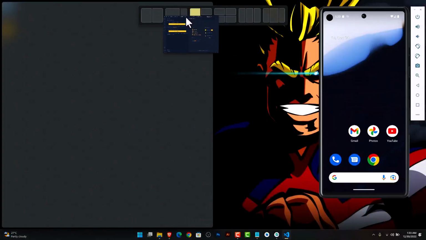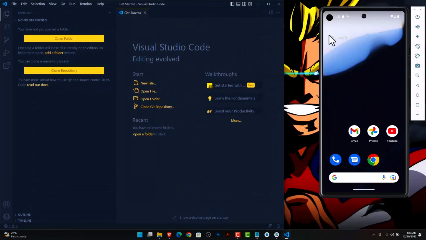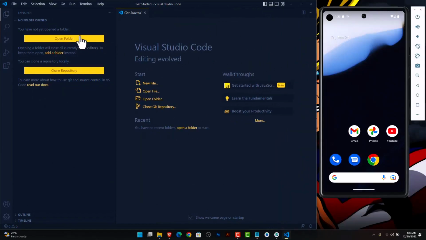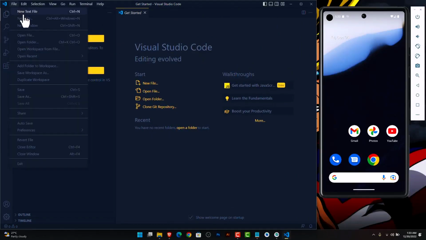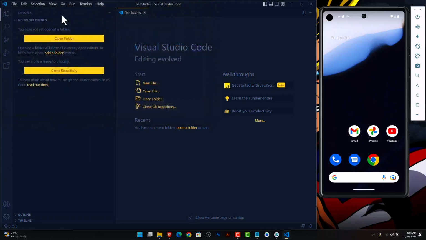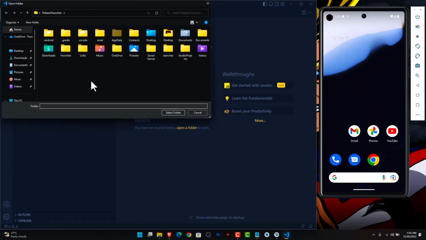Let me see, can I use FancyZones to get the structure I want? Okay, so I don't get the emulator. Okay, probably just drag it this way. Alright, so over here I'll just click on open folder. You can also go through file and then open folder. File, open folder, and then you just need to navigate to where you have